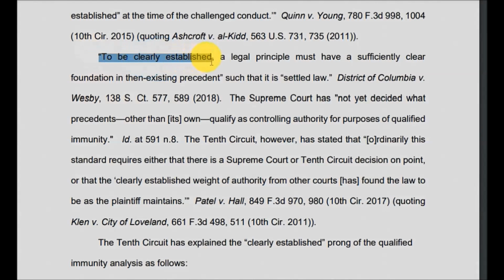Quote, to be clearly established, a legal principle must have a sufficiently clear foundation and then exist in precedent, such that it is settled law, meaning the right itself that you're enforcing is clear and concise. You have a camera, you take a picture of a flower. That's speech. Someone got upset and says, I'm gonna call the police. I'm gonna call my superhero. If you don't know that that picture is synonymous with speech, which is settled as law, and we went over this fact in these videos,